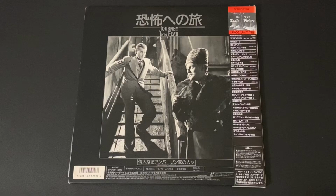The rendering is really nice. But what's amazing about this is actually a double feature release, because if you flip it over, you get the much lesser known semi-follow-up Journey into Fear, which was also a Mercury production, starring Joseph Cotten and Orson Welles, but